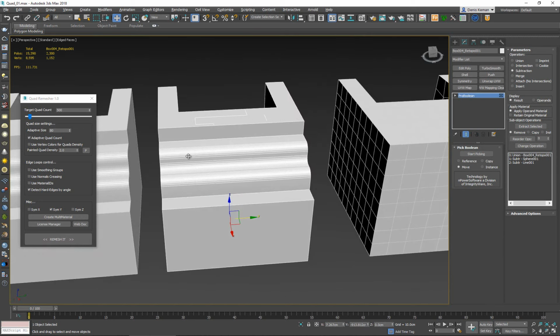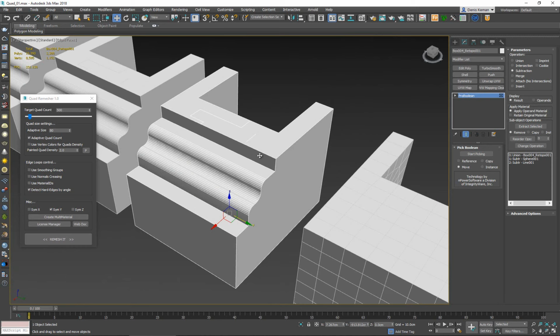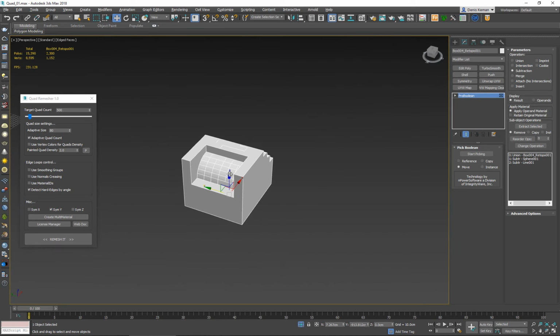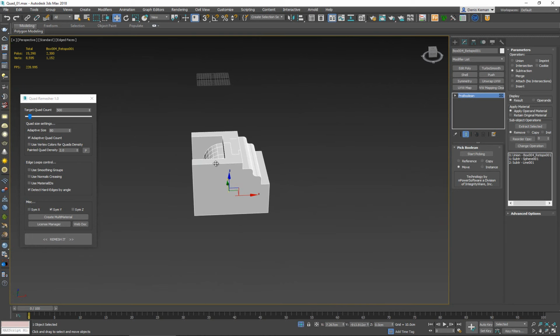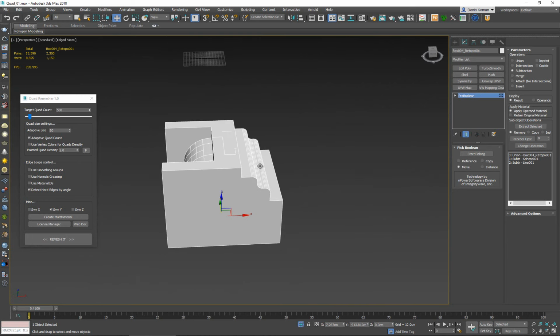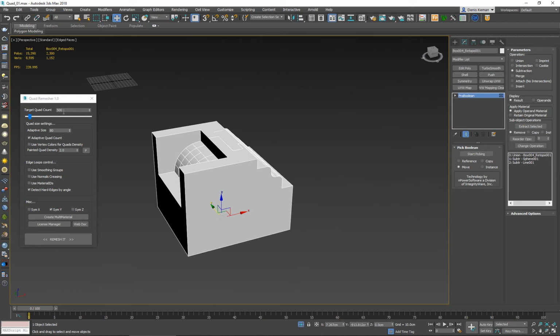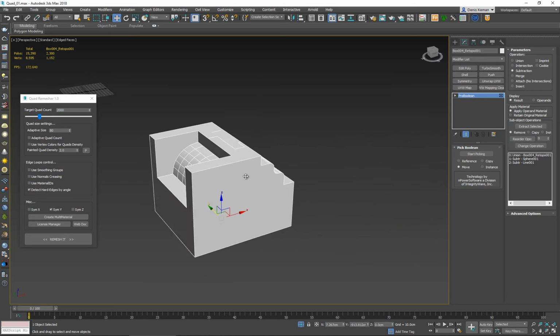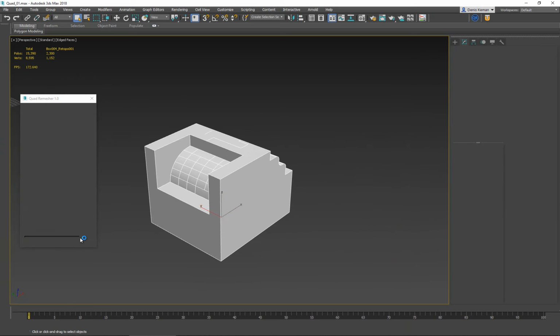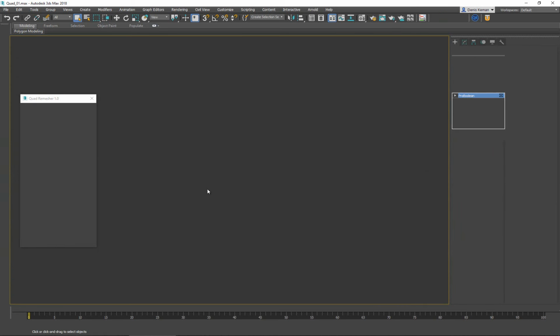And now, since we have all of this extra work, or extra different shapes that we want to encapsulate, what we're going to have to do is increase the target quad count. For example, now it's at 500. Let's bring it up to maybe something like 2000 and turn off adaptive quad count and see how this thing is going to look just like this. So I'm going to hit remesh, give it a few seconds,